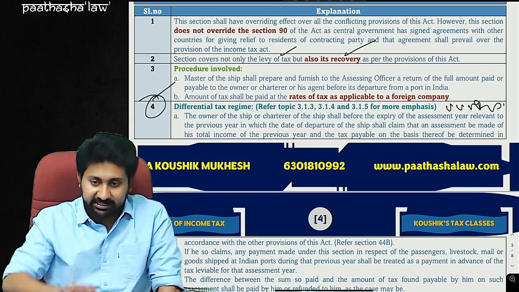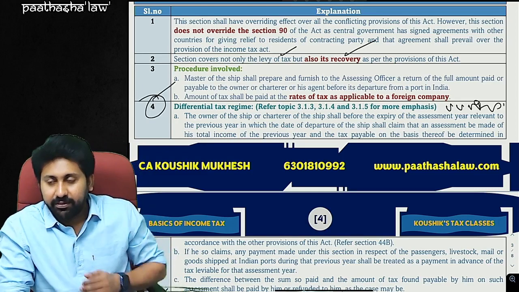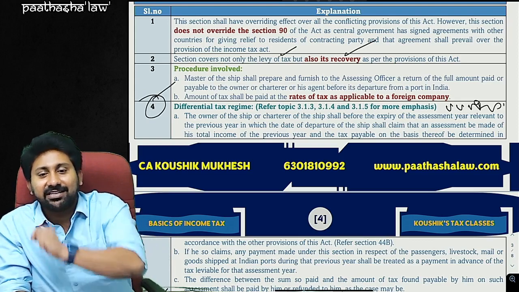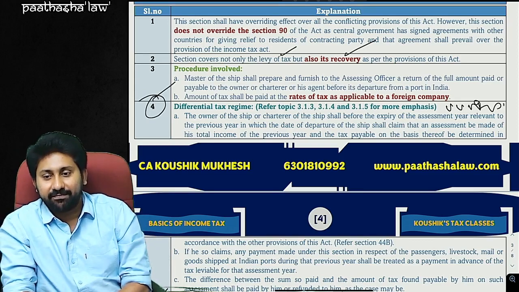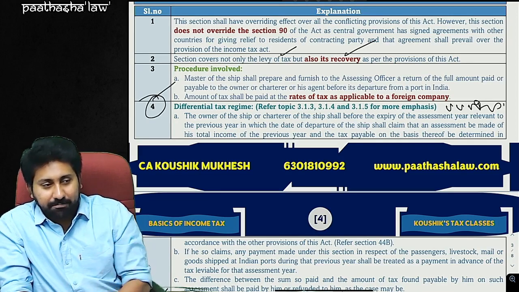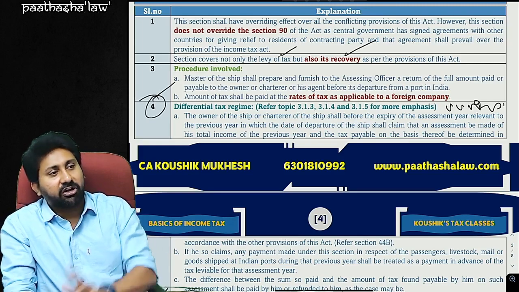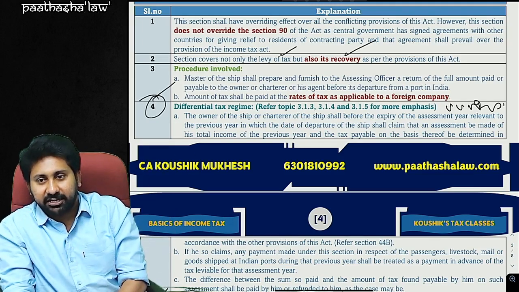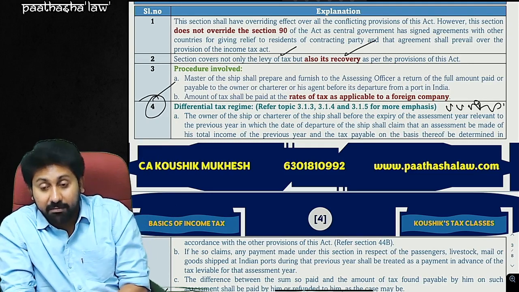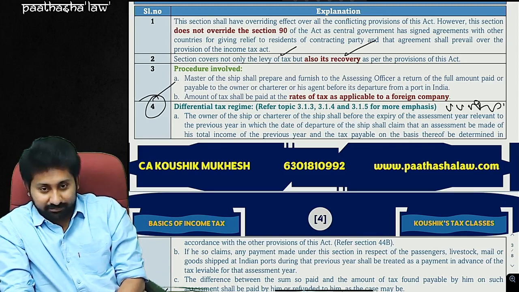Sorry, keep it aside. How much is the tax rate, everything we will discuss later, sir. First, let us understand the point. My question is, does this look like something discouraging non-residents from doing business in India? A person who has a ship comes to India, and without seeing my expenditure, you are deeming that 92% is my expenditure. That means you are expecting a 7.5% margin in my business. Maybe I may have only a 2% or 3% margin, like the film industry. Am I clear or not?